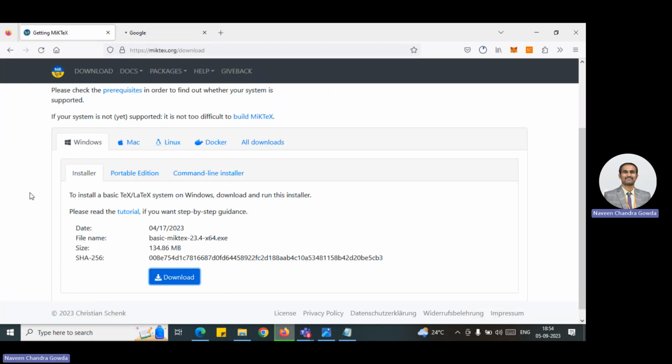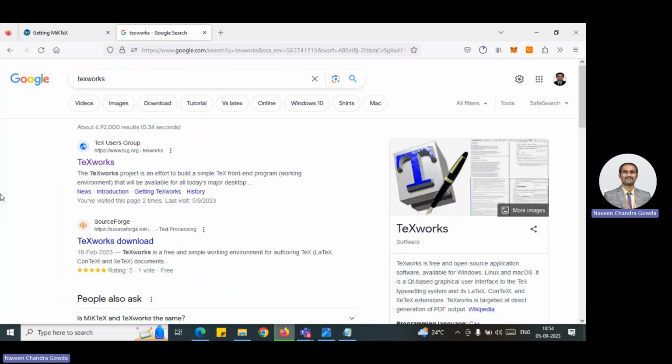MikTeX itself has a complete package related to LaTeX, but what is our necessity of this TextWorks, which I'll be using? It is a very simple IDE which I'll be using. You can use it in Windows or Mac or Linux. Also, you can use it. I repeat, it is a very